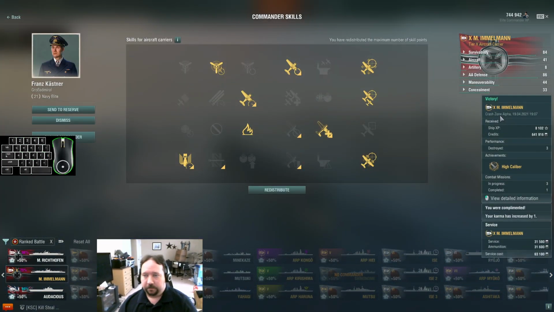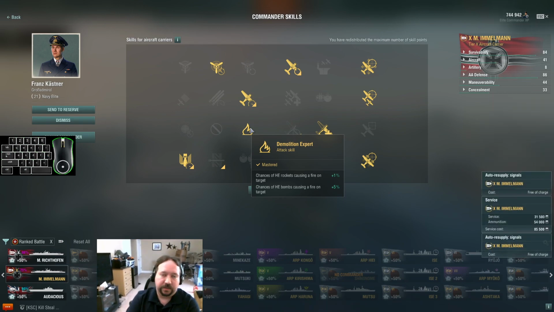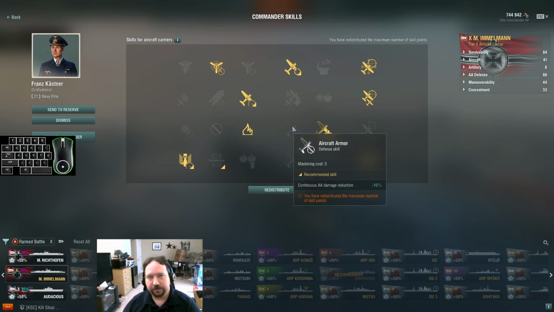This is my current setup for ranked. More, faster, healthier. I moved airplane armor over into bonus fire chance because I really need the fires with the bombs. It's not really optional. It's a big part of dealing with battleships and larger ships. So I swapped that over, which means I do lose some survivability, but hopefully with the skip bombers, we get